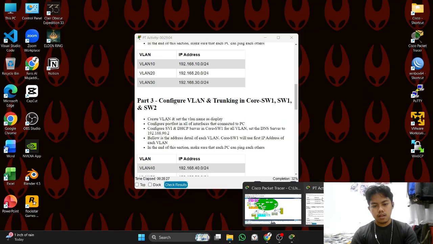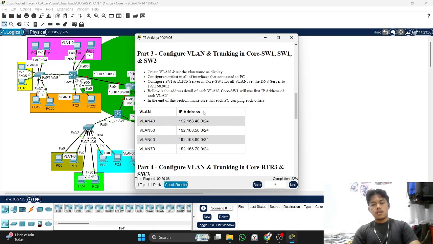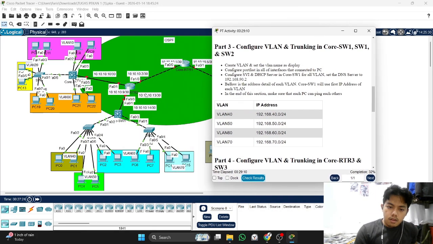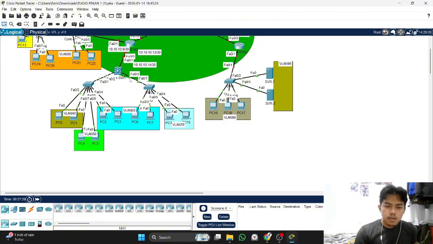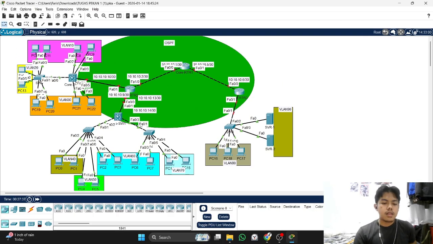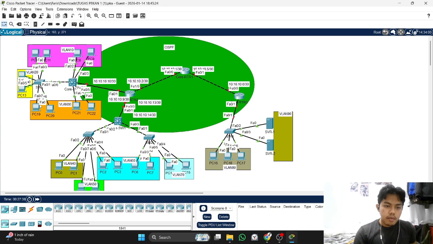Okay, next step is configure VLAN and trunking in core switch 1 and switch 2. So we will configure all of this topology. The step is the same like before.